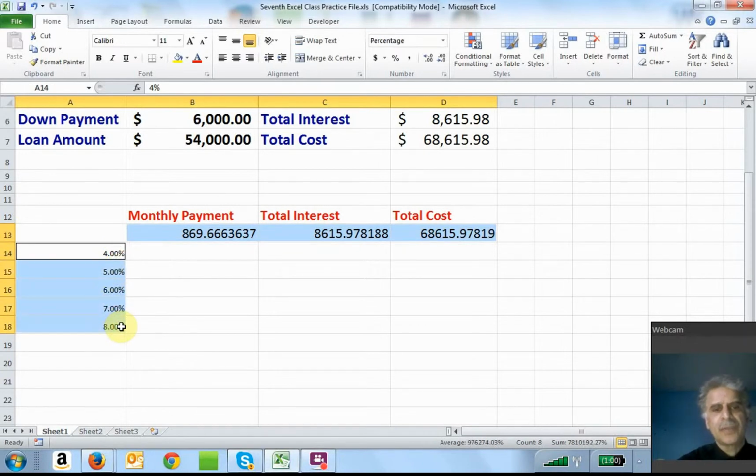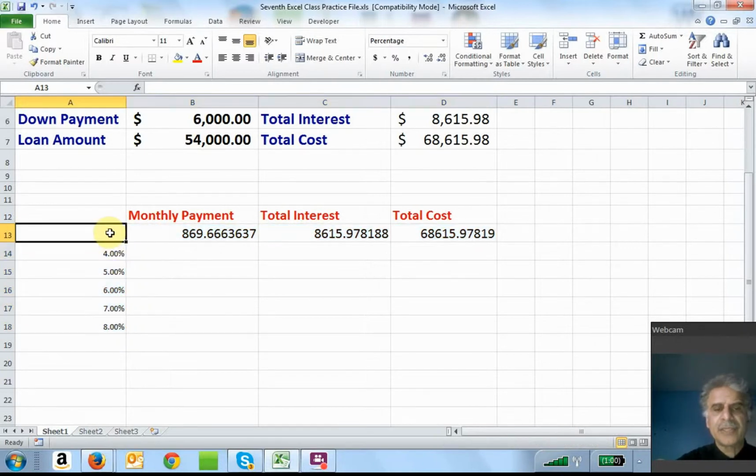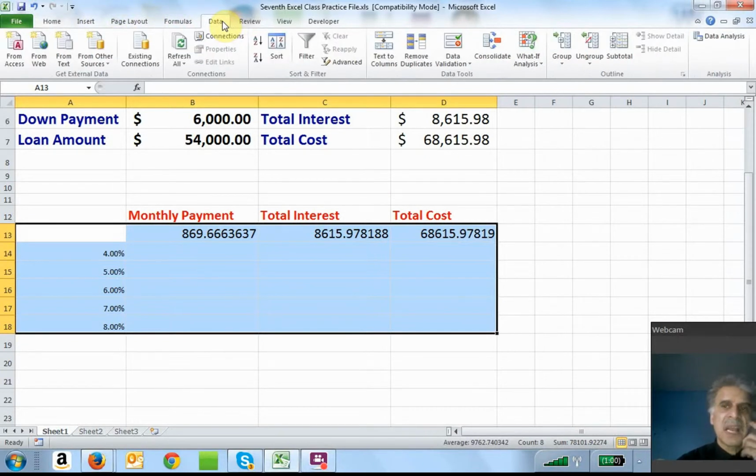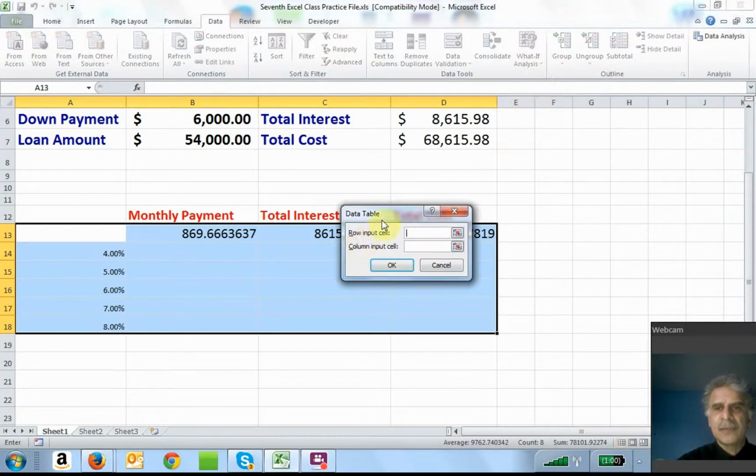And so for 4%, what would be my monthly payment? What would be my total interest? What would be my total cost if I am taking this loan out? So in order to do that, I'm going to use what is known as a one variable data table. So I'm going to highlight this much. Remember, I skip the heading for each column. Now I'm going to go to the data, and underneath that, I'm going to go to what if. When I go to what if, it says the data table is here. So I'm going to choose that. So for this data table,